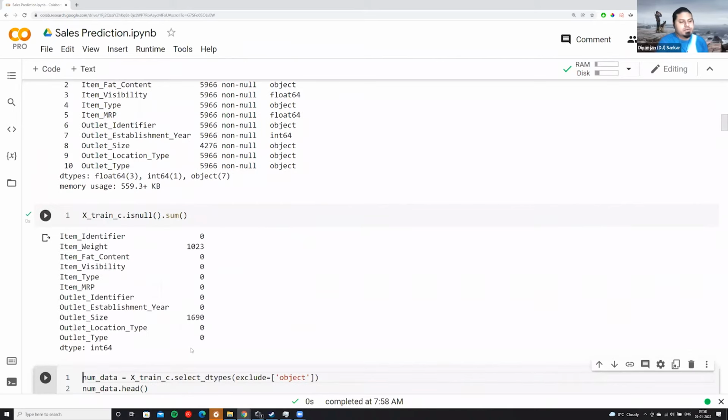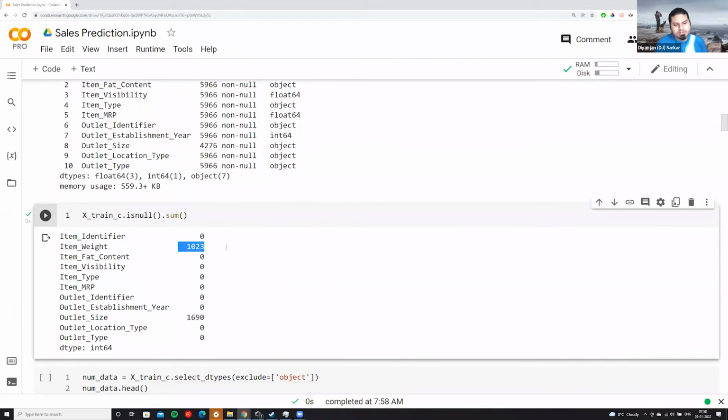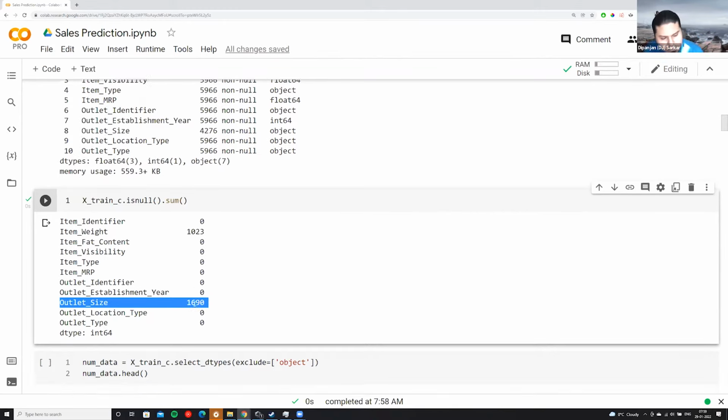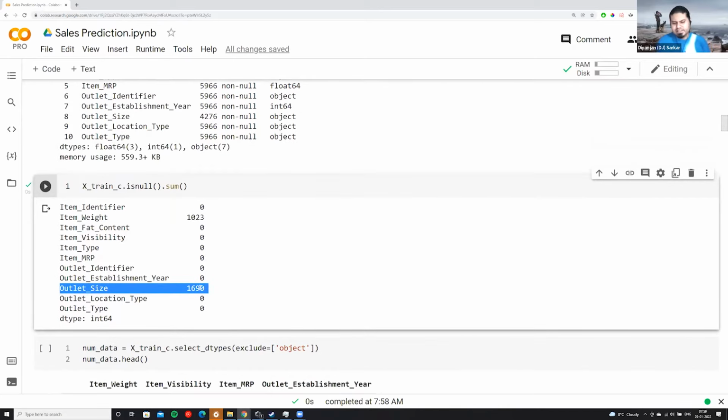So now if we run this cell, it tells us that item weight has around 1,000 rows missing. Outlet size has around 1,690 rows missing. We need to think of a way to handle these missing values. We are aware of this, but we'll come to it later on. So hold that thought. Let's start by doing some basic